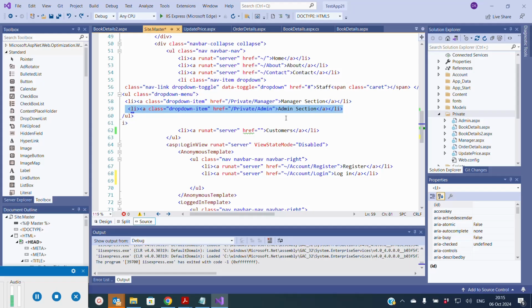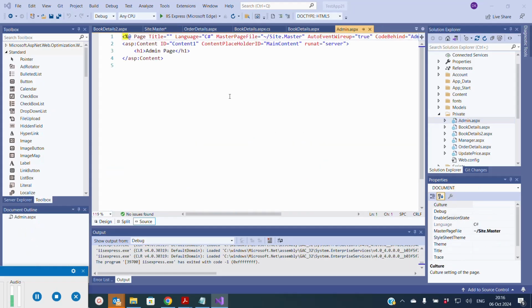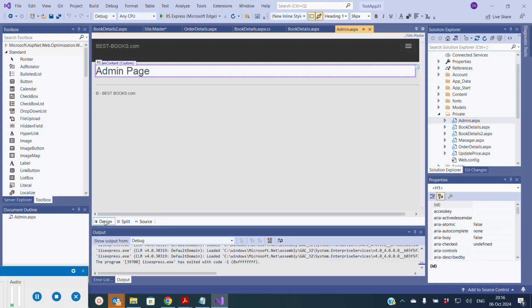Maybe I'll be putting it on the admin section, and we'll be using it for creating the new web page. So under this admin ASPX, I'll probably put a navigation menu,